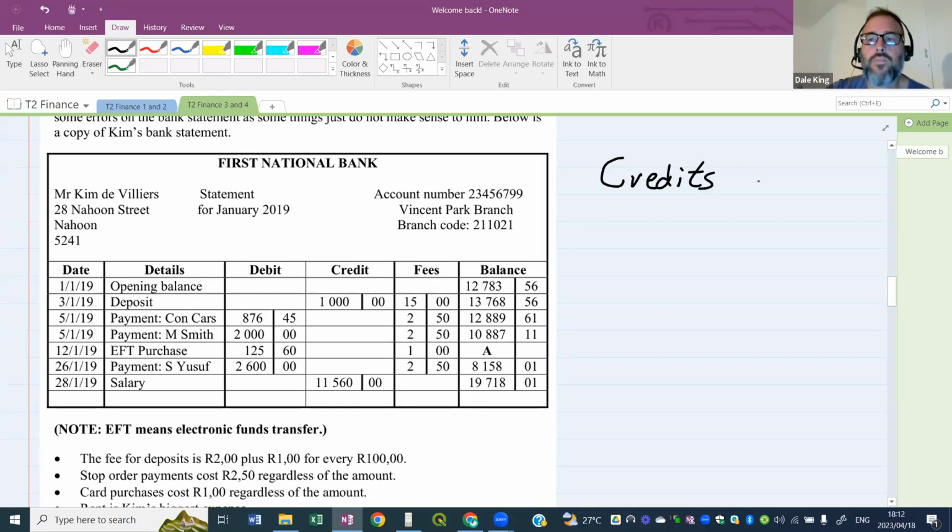Credits increase your bank balance. That's money coming in. All right, so there's money coming into your bank account, and it increases it, makes it bigger. Then